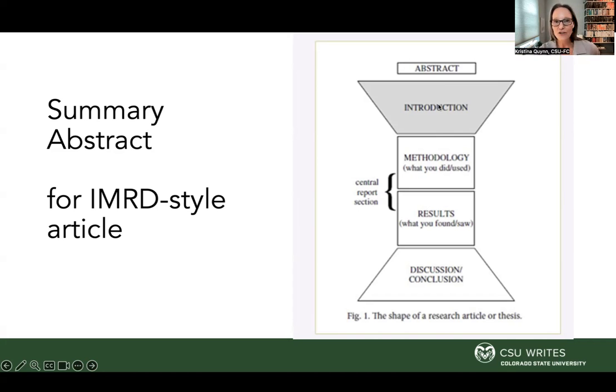You still have something that introduces the topic. You still have something that states what the methods are. You still have something that states a version of the results. And of course, what you conclude or the significance of it. By doing that, by concentrating what you are giving your readers, you help them identify pretty quickly whether they want to spend more time reading that article.